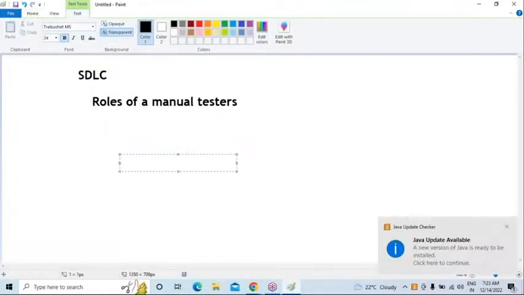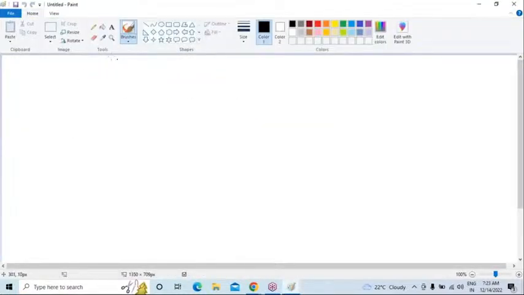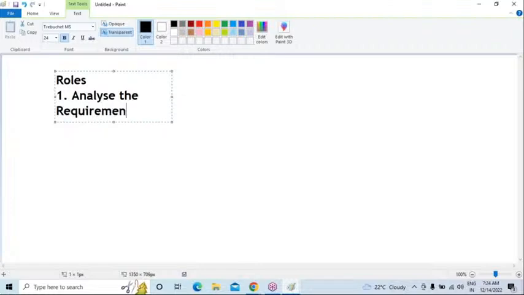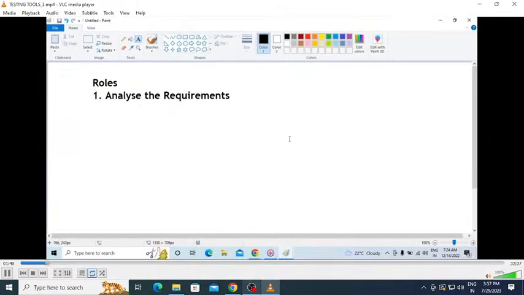Coming to this, the first role is, whenever they assign any work, we have to analyze the requirements. We already discussed this. The development will happen in agile methodology. In agile, right, how the task